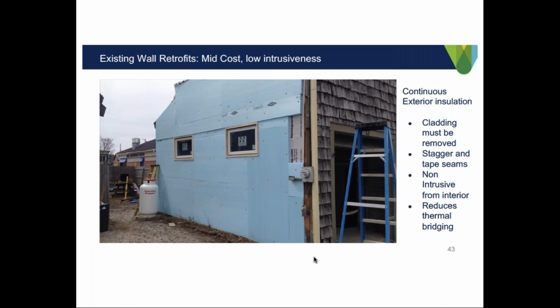So here we've got mid-cost, low intrusiveness retrofit opportunities. One thing that drove us to this is that the cladding needed to be removed anyway. You can see the old cladding on the side, which provided a good opportunity to wrap the entire building in exterior continuous insulation. One thing we hear a lot in the field is that it's strange that we stuff insulation into stud cavities and rely on that completely. You don't stuff a sweater between your ribs when you're cold. You put on a jacket so that you're completely encased in insulation. And so really the industry needs to move towards more continuous insulation